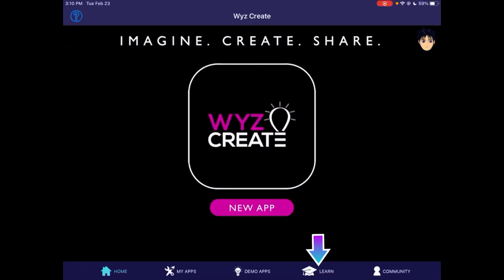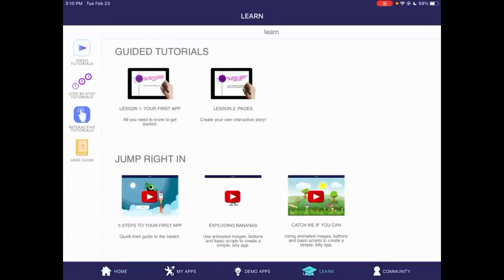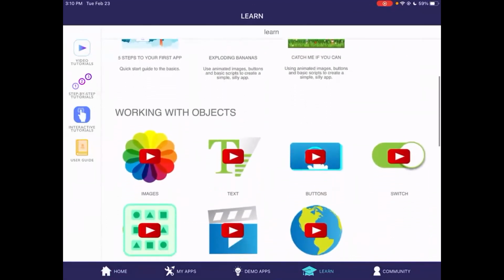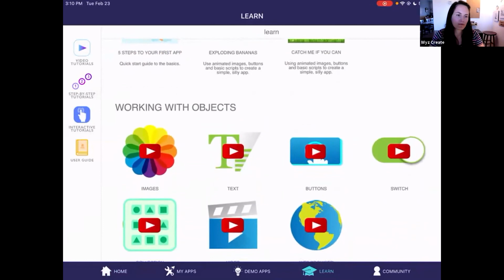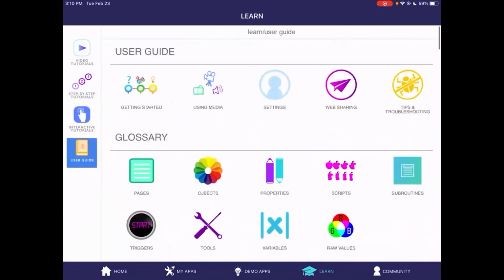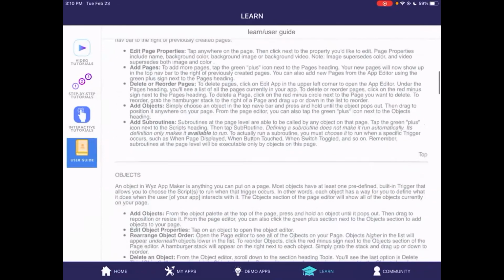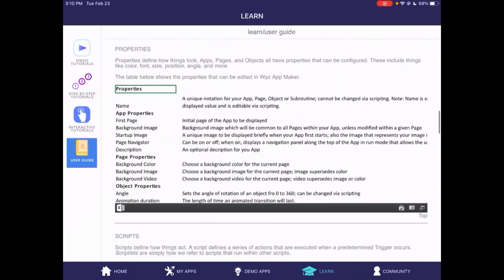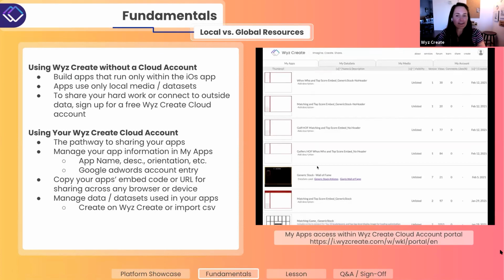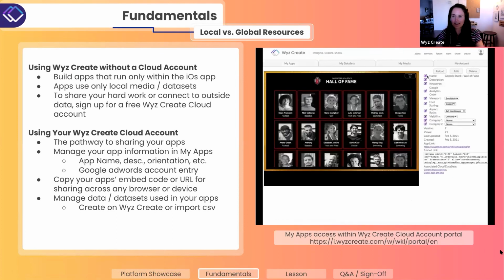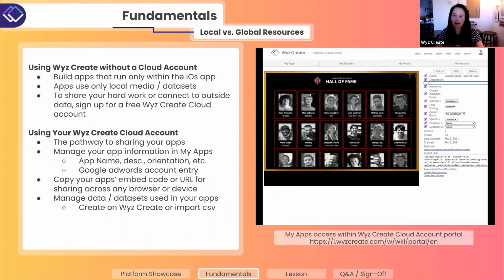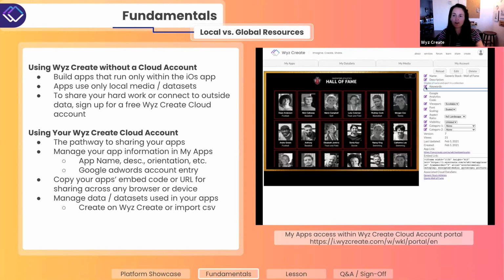There's also a great deal of learning information that you can access from the Learn section. There's guided tutorials, there's videos, there's interactive step-by-step tutorials, and there's a comprehensive user guide. Feel free to dive in and learn. So signing up for a cloud account, this is what comes with it. We walked through this a second ago with the app that Awele pushed from native to HTML. But you get the ability to edit these things, connect outside data, and share with anyone via URL or embed